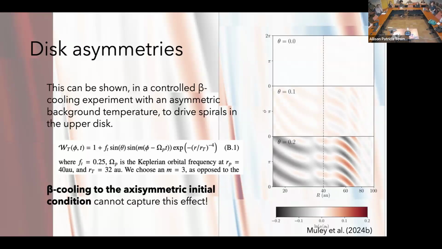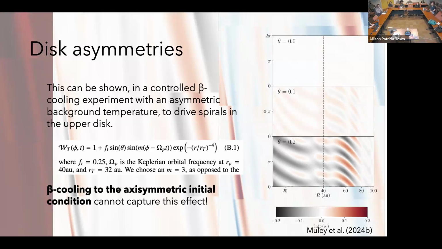No, I think it depends on your planet mass. What happens in these simulations is if you have a very low mass planet, or really not a deep enough gap, then you don't see this. But if you have a deep enough gap, then you start seeing these interactions